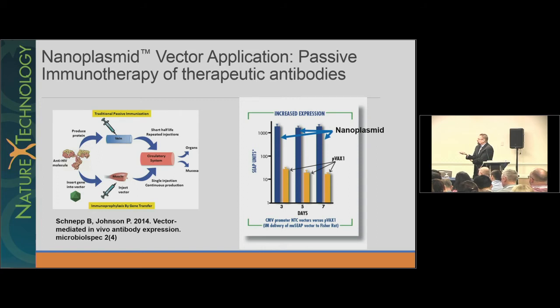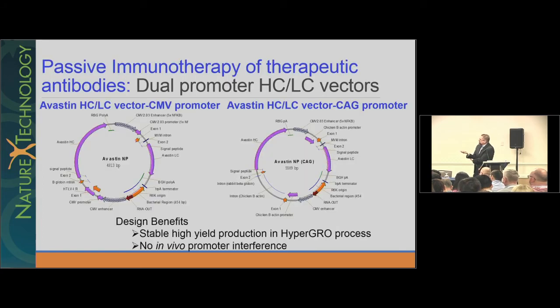less complexity. I'm not going to get into a lot of detail on this, but we've designed ways of making dual promoter vectors, so rather than trying to figure out how to do a 2A peptide and have it cleave properly, you can do this. These are a couple of Avastin ones we made with both the CAG and the CMV promoter. We've designed ways to put together the two transcription units to ensure balanced expression of each